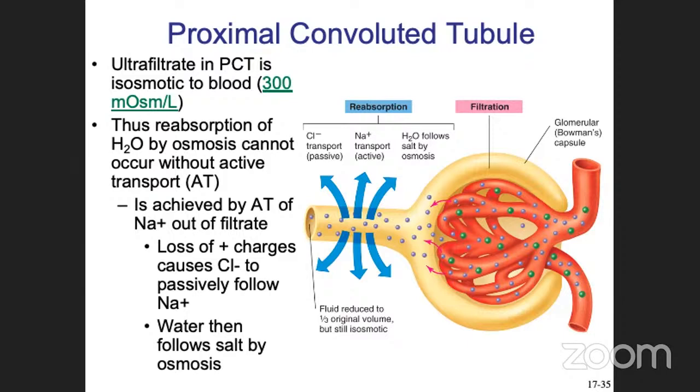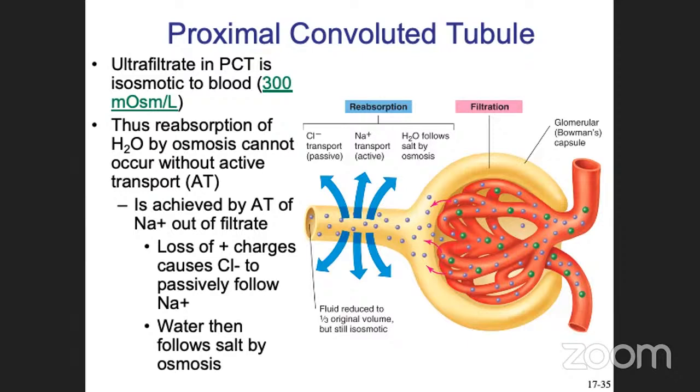So the reabsorption of water by osmosis cannot occur without active transport. This is the prerequisite, and it's achieved by the active transport of sodium out of the filtrate. So when it comes from the afferent arterioles, it goes in, and after that, some of them will be selected and pass through the pore, and after that, again, reabsorbed or reclaimed into the circulation. And loss of the positive charges causes chloride to passively follow the sodium. So sodium chloride,